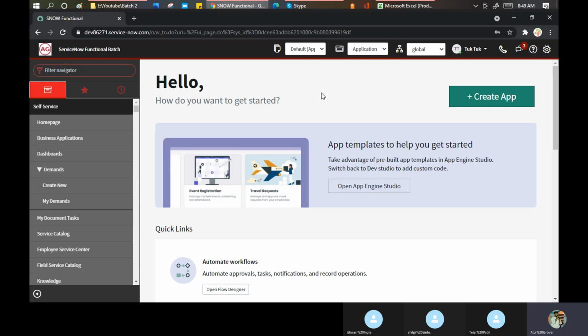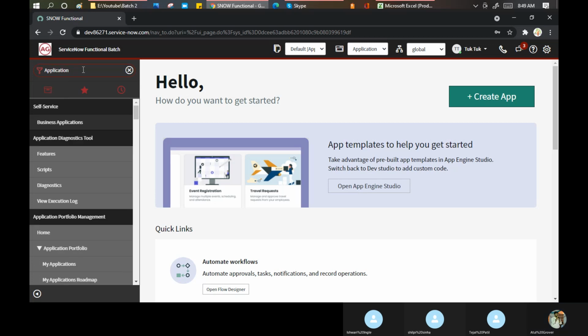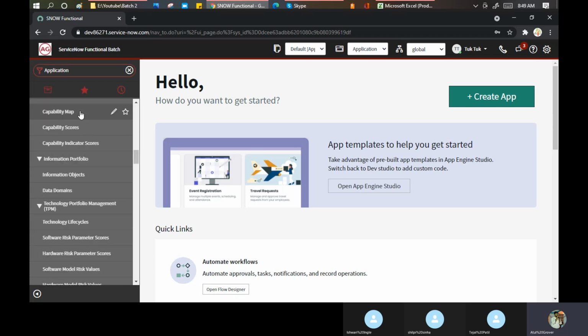Okay, so here I'll tell you how you can create your custom application. There are two ways. Either you go here and create an app, or, now in the Cubic release, ServiceNow introduced the App Engine. Let me search for the engine.